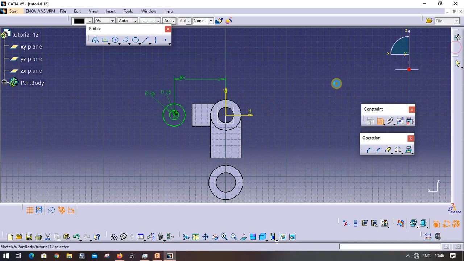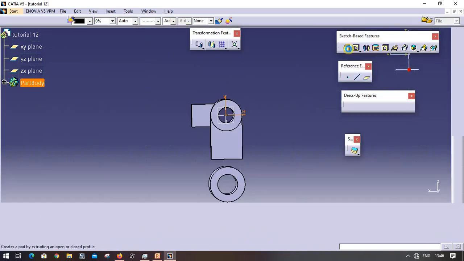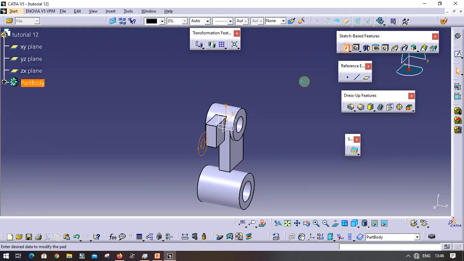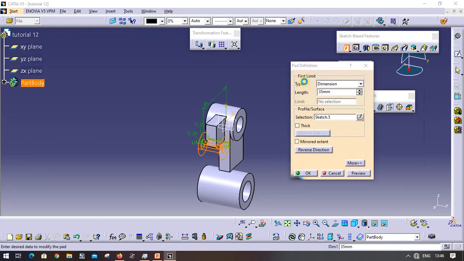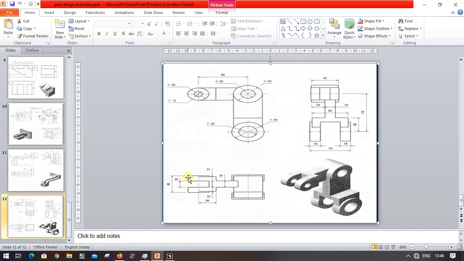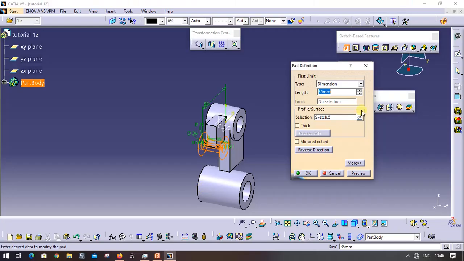Now exit workbench, select pad tool. So this must be having a pad of 24. Mirror extend, click on OK.